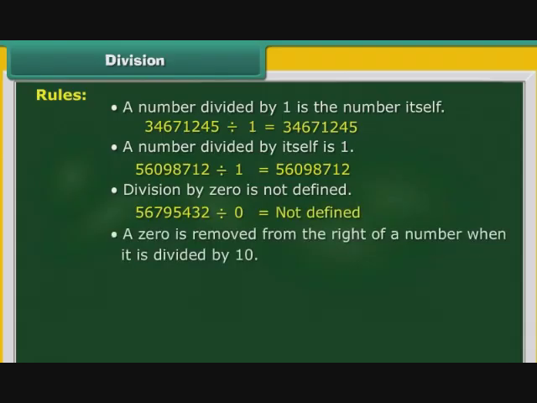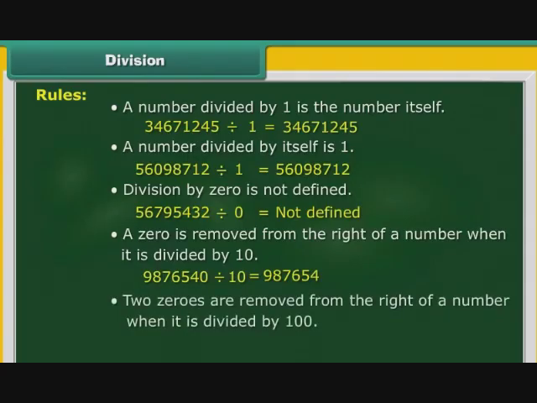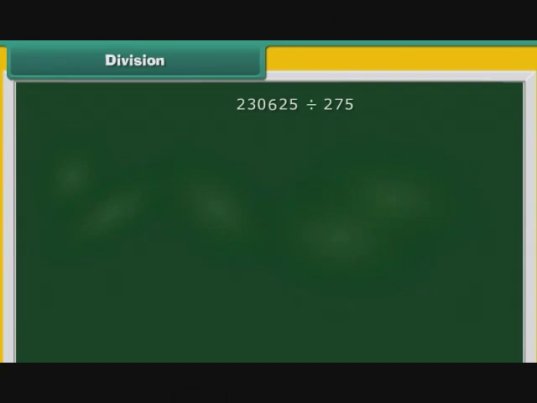A 0 is removed from the right of a number when it is divided by 10. 9876540 divided by 10 is equal to 987654. Two zeros are removed from the right of a number when it is divided by 100. 41236500 divided by 100 is equal to 412365. Let us now learn to divide